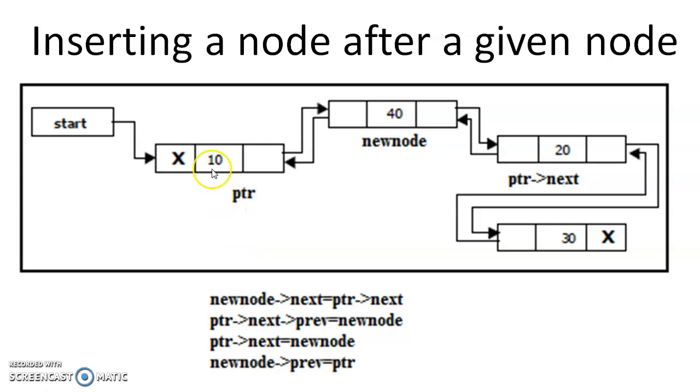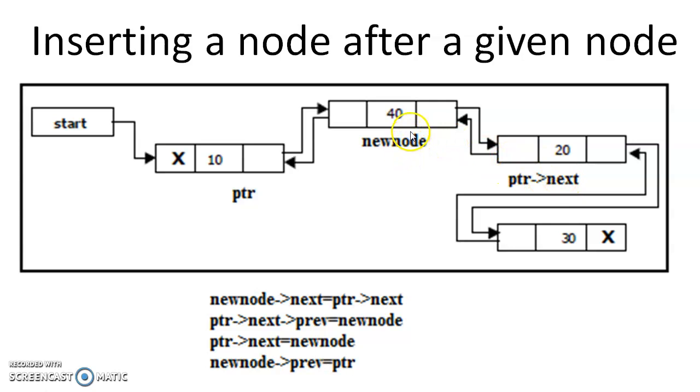See here, suppose I want to insert after the 10. I have searched for the 10 and I have reached the pointer here. This 10 is the pointer and this 20 is the pointer of next. Now I want to insert 40 in the middle. This is the new node. See here, every time when we are performing this particular operation, when the next node is present, at first we have to place the right first. That means new node of next equal to pointer of next